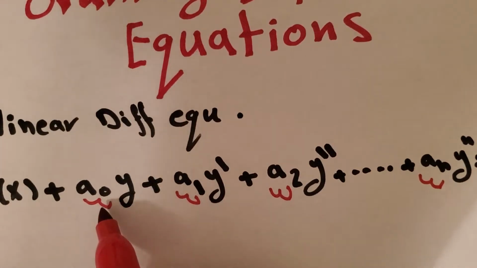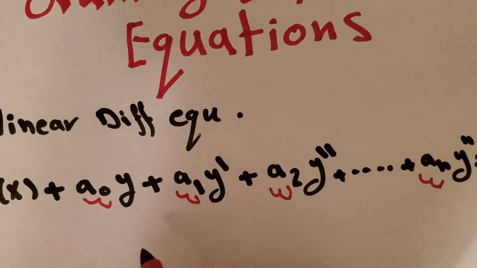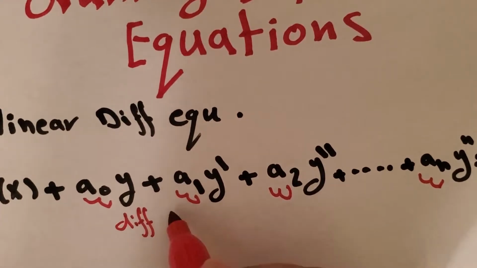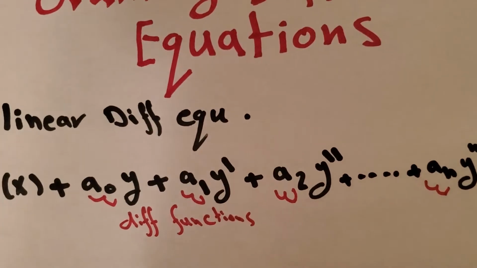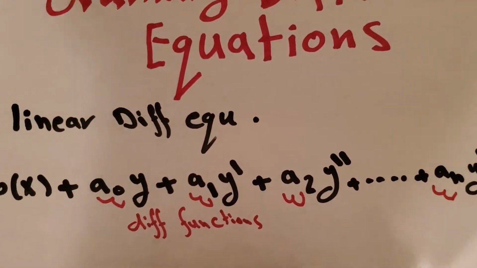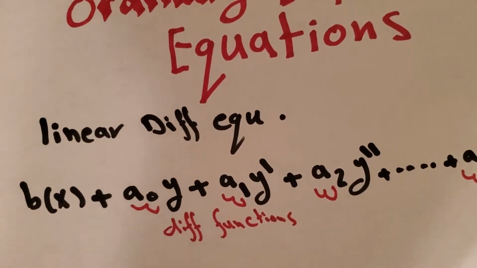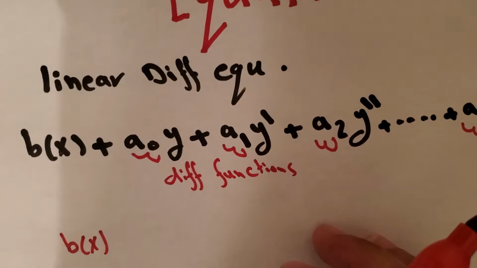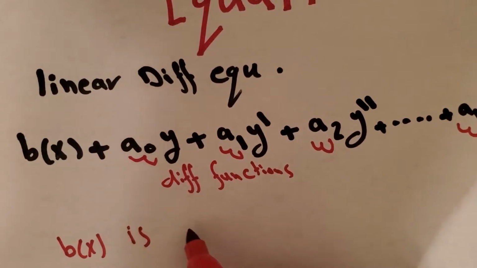So a0, a1, a2 until an could be any differentiable function that is not necessarily linear. And b(x) is a function